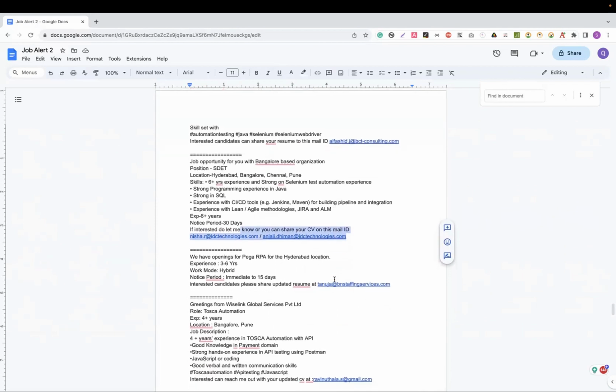Next opening is for the RPA, and 3 to 6 years of experience is required. Hybrid mode is there for the work. I mean, they are looking for immediate joining within 15 days. So if you are interested, and if you have all these things, you can simply share your updated resume on